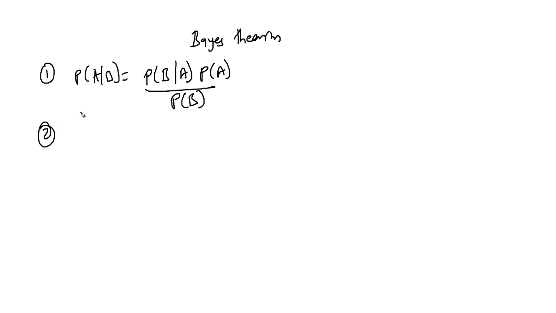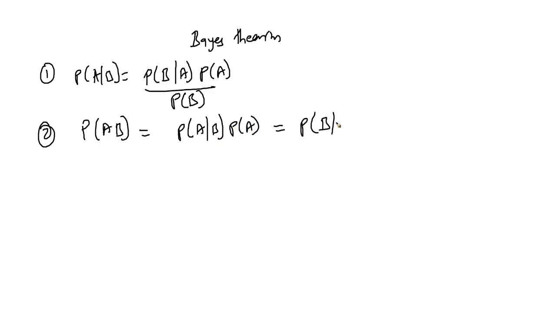And the second one that we know is probability of A, B, which is A intersection B, can be expressed as probability of A given B times probability of B, which is the same thing as probability of B given A times probability of A. So this is the chain rule, the second one, and this is Bayes' theorem. And you can see that Bayes' theorem can be derived by just putting this denominator under this one, and you get Bayes' theorem. So let's go back to our problem